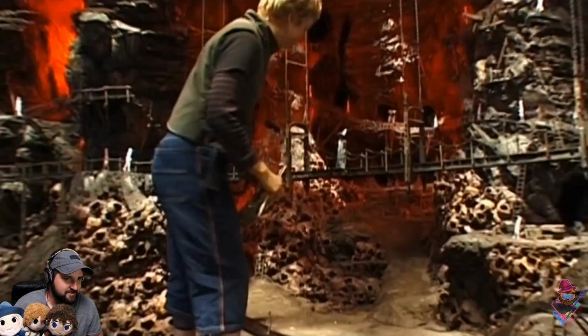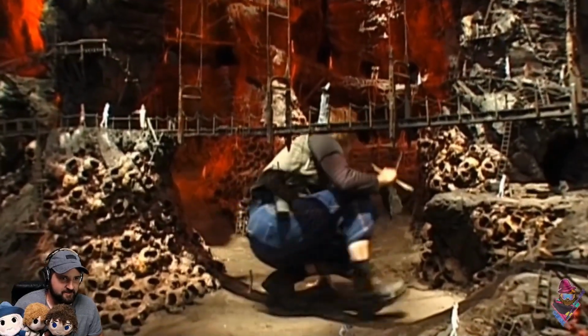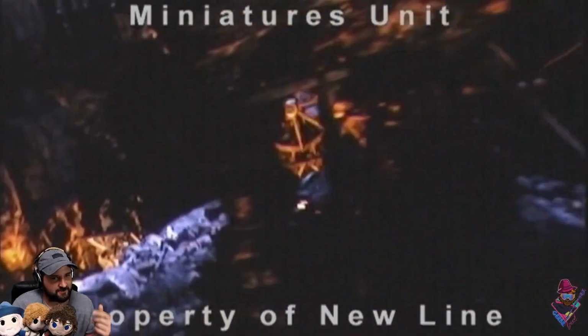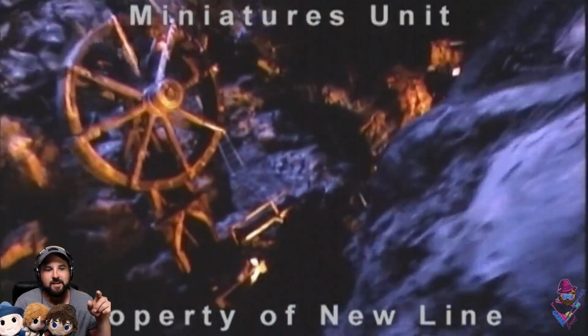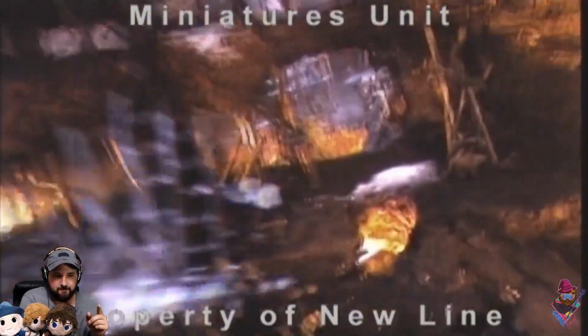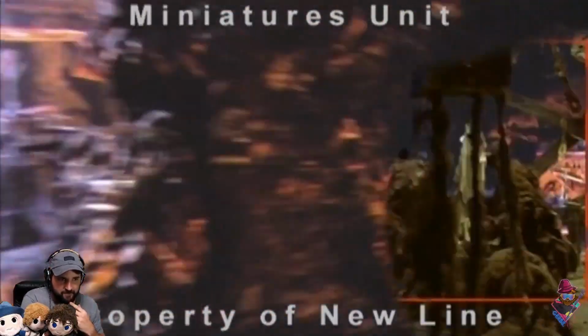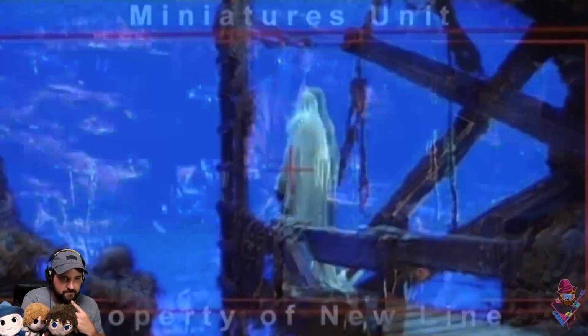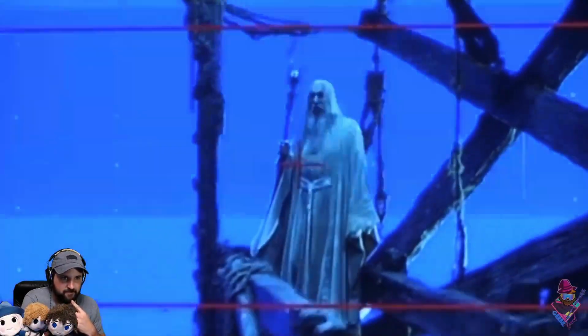Crows fly deep down into the earth, and these are caverns one layer below the next. So this is the first cavern. Oh, this is cool. We've got a model of the ground plane, and I think much smaller to go back, come down into a much bigger set, which is this one. Fly down, swoop around through there, come out through a hole at the end of that set into another set. Fly out of that and into another set, and in that set we have a live action shot of Saruman